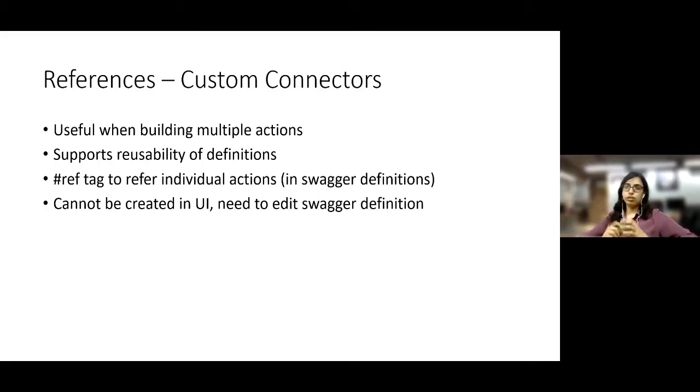but this helps you minimize the size of your Swagger definition of the custom connector. Also, when you are making changes across multiple actions, if you are using references, you have to make fewer changes in the Swagger definition as compared to not using references. So this is a kind of reusability. From a developer perspective, you can think of common functions or constants, which in the developer world you can